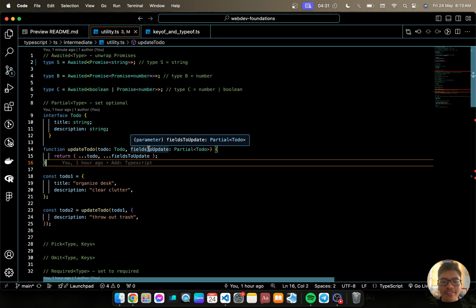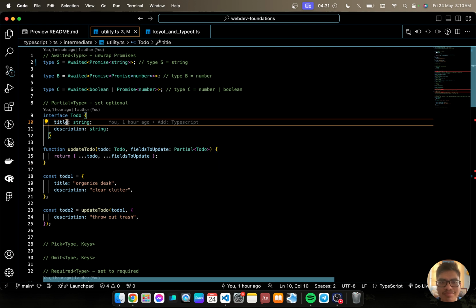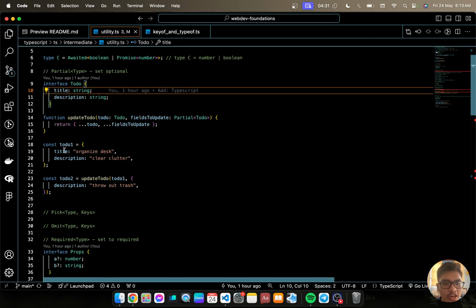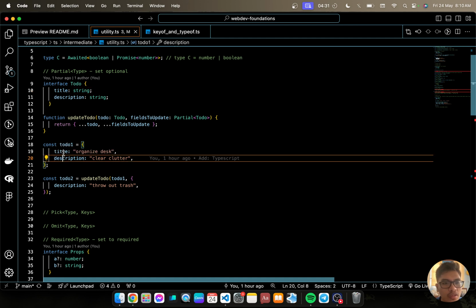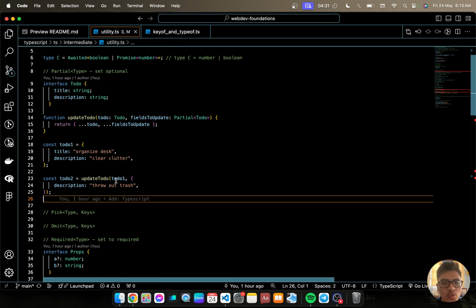As you can see here, const todo1 with title and description, then updateTodo with todo1 and description 'throw out trash'. Title is missing, but TypeScript did not throw us any error.